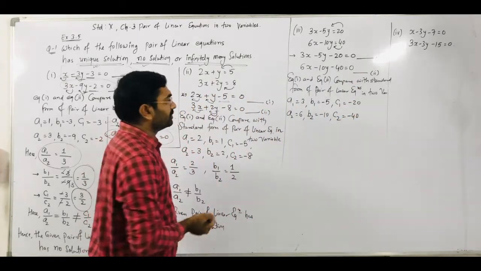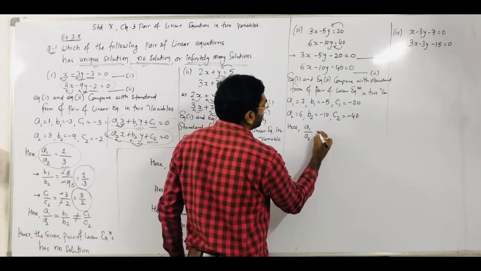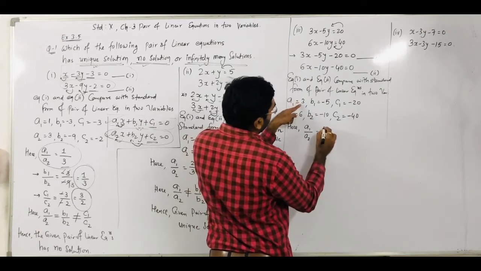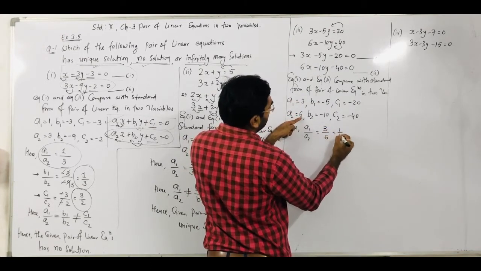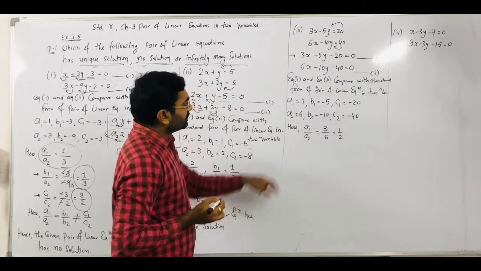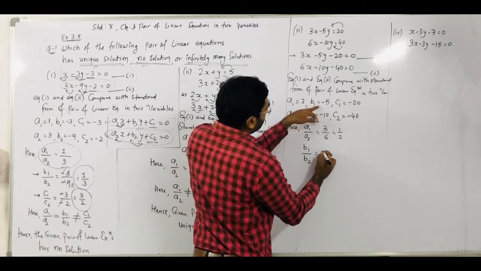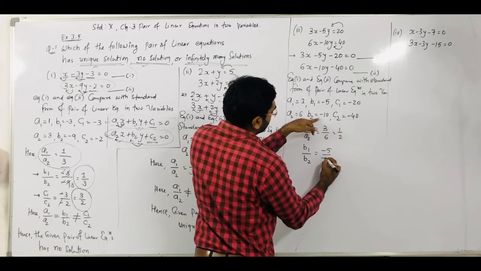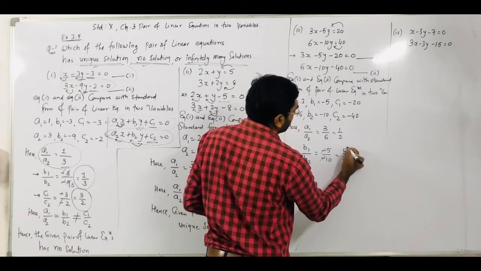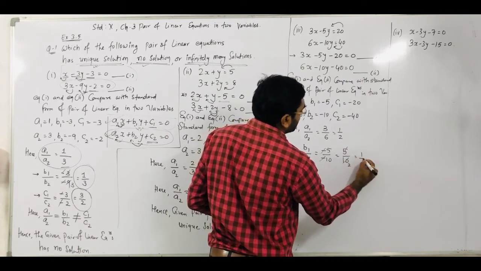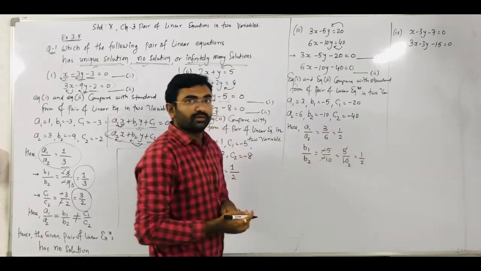Right. Now we have to find the ratios of a1 upon a2, b1 upon b2 and c1 upon c2. So for the a1 upon a2 ratio, the a1 value we put in the numerator and the a2 value in the denominator. 3 by 6 means 1 by 2. Now we find the b1 upon b2 ratio. So minus 5 divided by minus 10. The minus cancels out. So 5 by 10 we get. 5 twos are 10. So we get 1 by 2. The a1 upon a2 value is 1 by 2, and the b1 upon b2 value is 1 by 2.